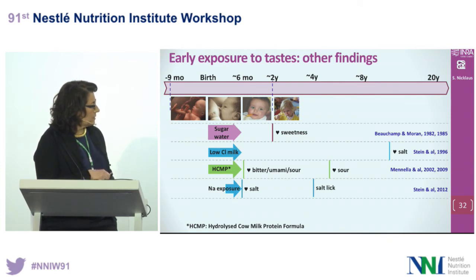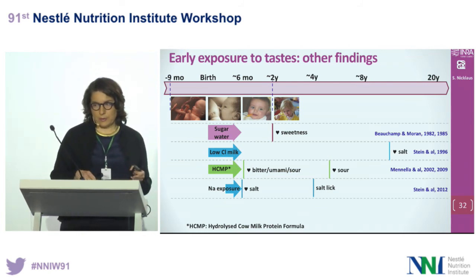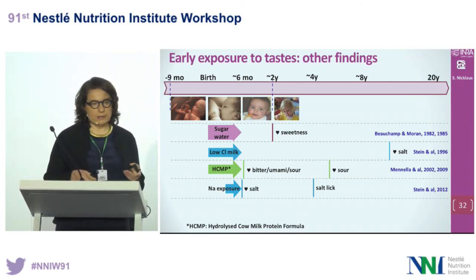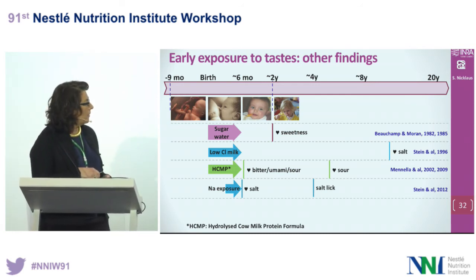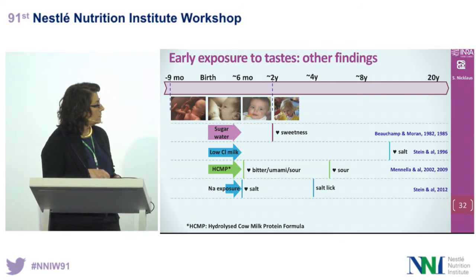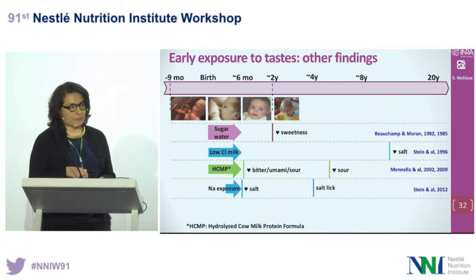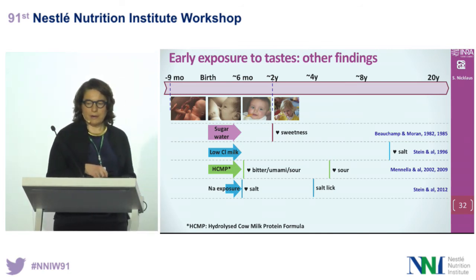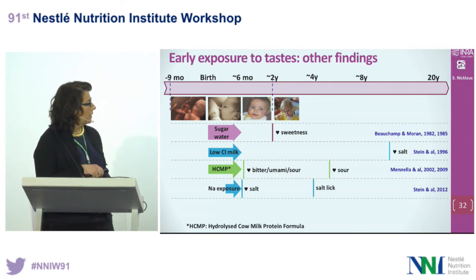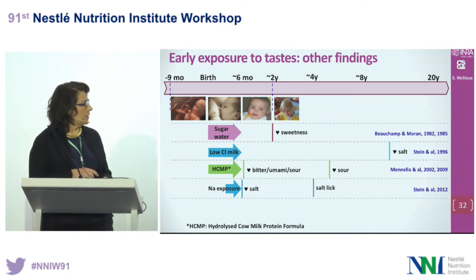Interestingly, infants exposed to hydrolyzed cow milk protein formula, a formula used for allergic infants who are allergic to cow milk protein, like more bitter, umami, and sour taste at the beginning of complementary feeding. They also like more sour-flavored apple juice when they are 4 or 5 years old. So again, an imprinting effect of the exposure to this very specific type of formula, which has a very specific